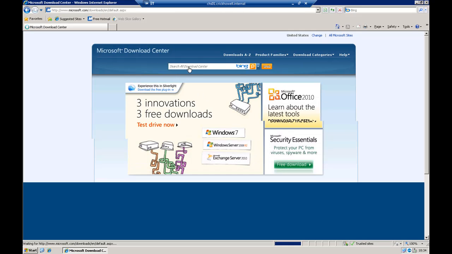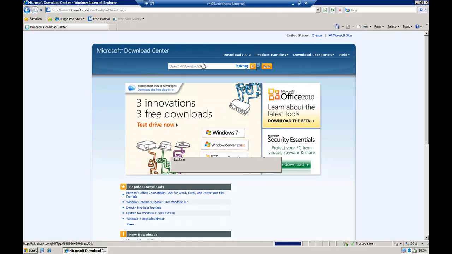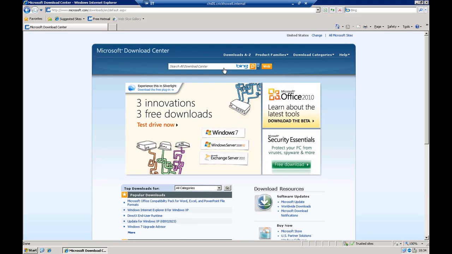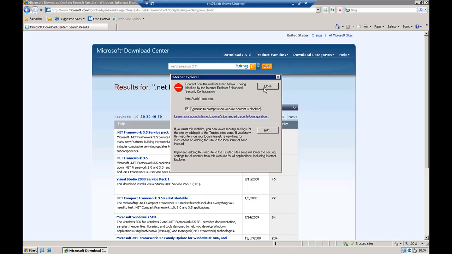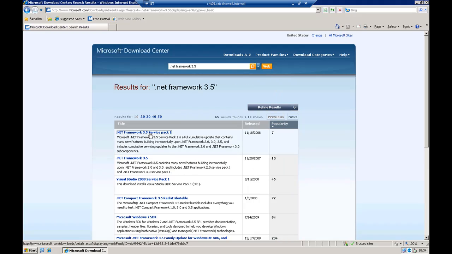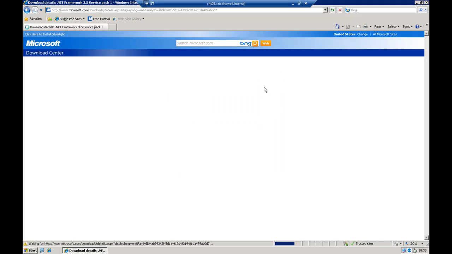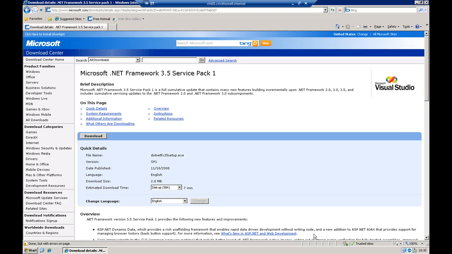so in the Microsoft Download Center, you will need to search for the .NET Framework 3.5. It will be the top download that you see there, Service Pack 1. What you need to do is download the file at the top, and this is the Bootstrap web installer. Basically, you'll go onto the web, download the latest version of the .NET Framework to your computer and install it